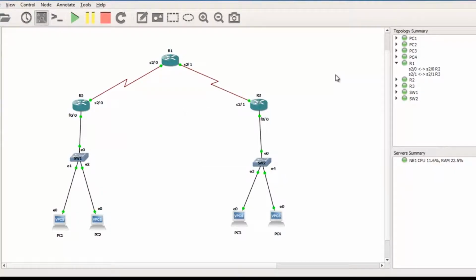By default, all the switches are always on. You don't need to do power on. Okay, so this is R1, R2 and R3, and we have got PC 1, 2, 3 and 4. Now for reference, if I want to add the IP addressing, how can we write it? This is a text editor. Now you can just click on the text editor and just type the